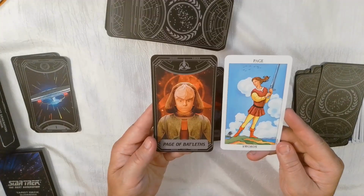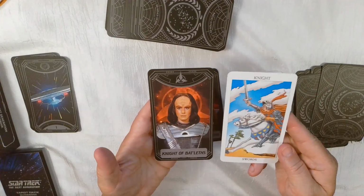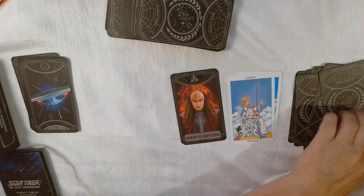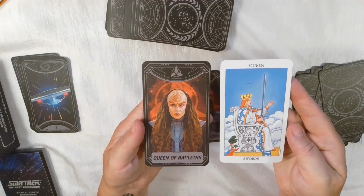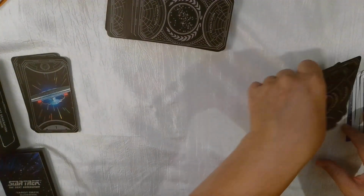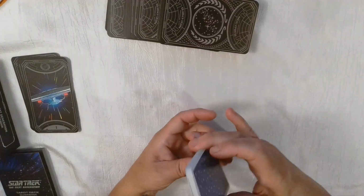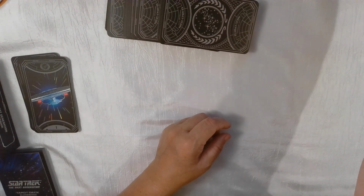All right, so we have Alexander. And I apologize if I'm going to butcher these names. Kaylee? And we have Kurak. And Goran. I mean, I honestly, I would have picked Vulcans for the swords. You know, they're intellectual, they temper their emotions. I mean, not to say that they don't have them, but